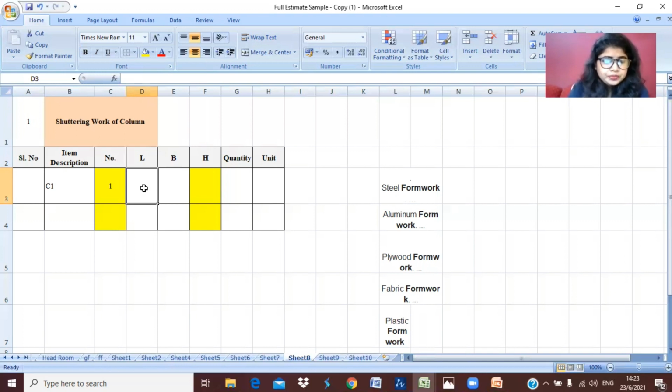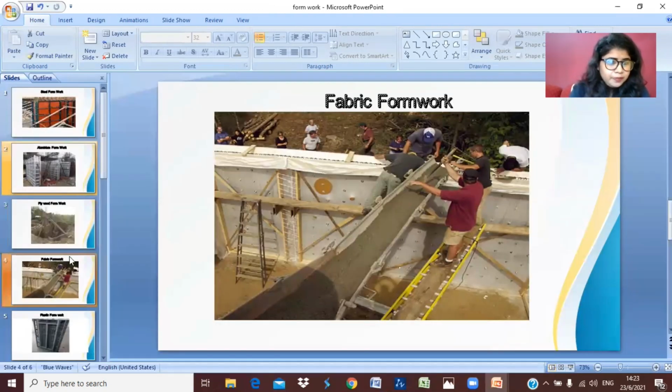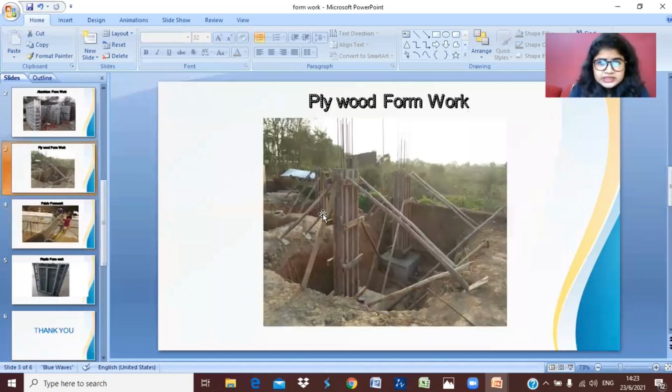For a column, let me show you what we do. I will take you to the plywood formwork. You can see here, this is our plywood formwork extended from both sides. One of the two sides is extended to fit the shuttering work.